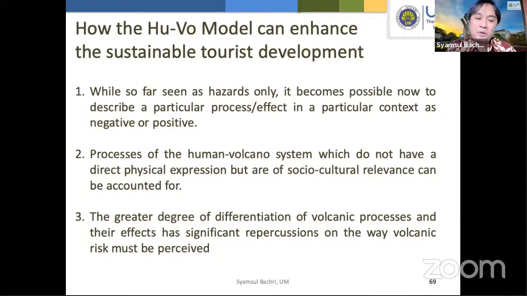Second, processes of the human-volcano system, which do not have direct physical expression but are of socio-cultural reference, can be accounted for within the model. And the last one is related to disaster management. The greater degree of difference of volcanic processes and their effects has significant repercussions on the way volcanic risk must be perceived. This is how you can sustain your program in a tourism destination engaged with disasters